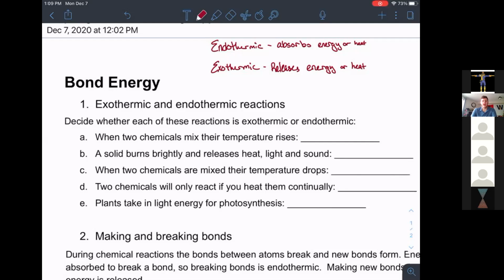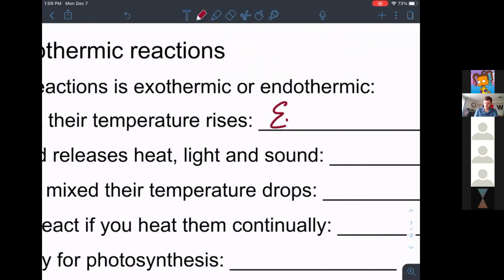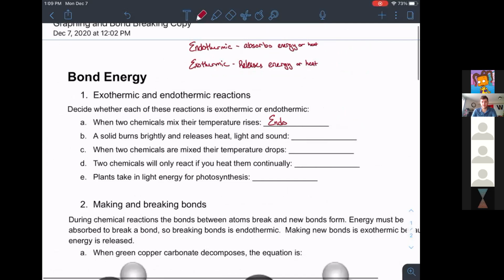All right, so let's look at 1A first. When two chemicals mix, their temperature rises. Is that endothermic or exothermic? Endothermic. Why would you say endothermic? Because they are absorbing the energy from the temperature. All right, so they're absorbing the energy and that's why the temperature rises? Yeah. All right. So I like the fact that we're talking about the temperature rising, but it's actually going to be exothermic because if we remember back when we talked about the beginning of endo and exothermic, endothermic absorbs energy